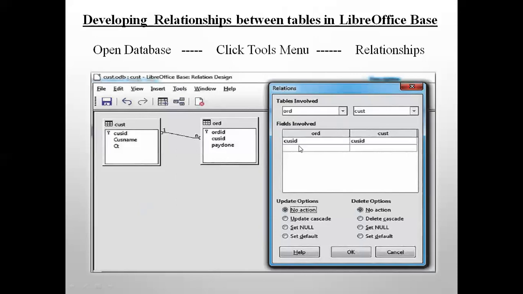Here you will see all the tables. So here add the tables one by one. Place both the tables on the screen. Here you have the customer table and here you have the order table. In the same way, one more table can be placed here. So you can add all the tables one by one with the Add button.